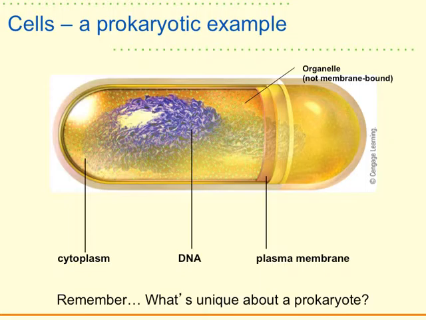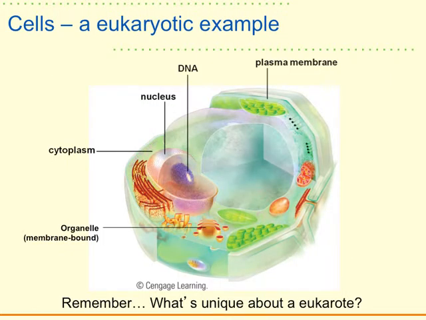So they do have what? All the components. They do have the cytoplasm, the DNA, the plasma membrane, and the organelle, the ribosomes we were talking about. So they do have those still, but they don't have a lot of really specialized organelles that we'll look at later. When we look at a eukaryote example,